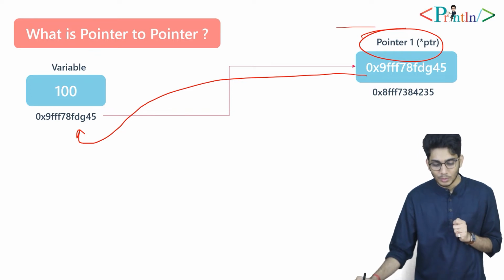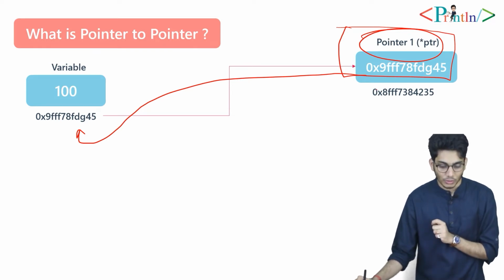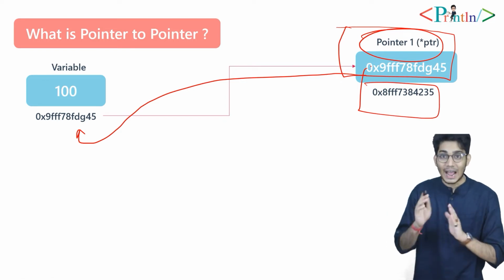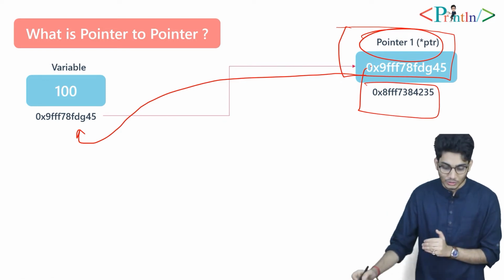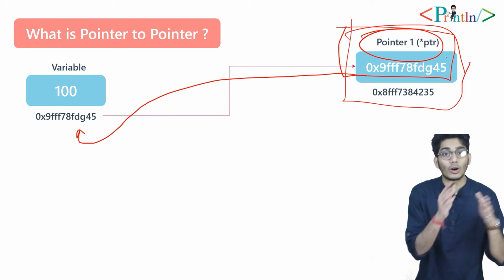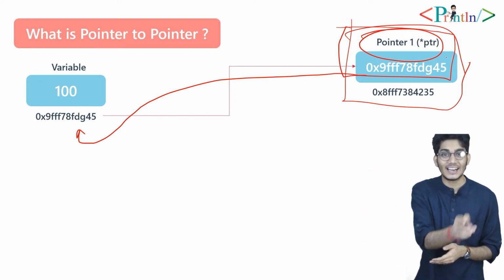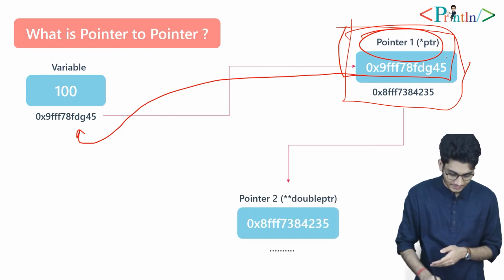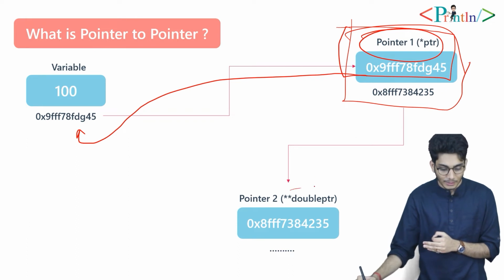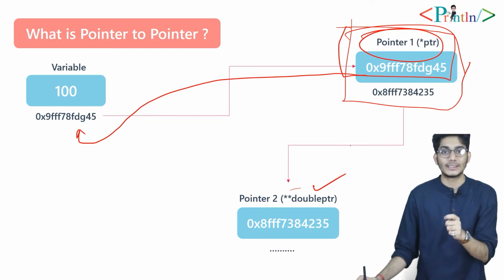Now this block of memory has been allocated somewhere in the system, so it also has an address. So we can also access this address. Am I clear? Are you getting my point? Whenever we declare or initialize this pointer, it also has an address. So for accessing that address we need a double pointer. Am I clear? So you can see that we have a double pointer. What this double pointer will do is store the address of a pointer, not a variable.